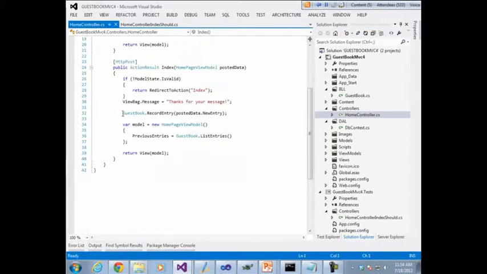Instead, I'm going to create a service or a business logic class that does this work. And so the main work that we're doing here is recording an entry. And then we're going to go and list those entries to display. So I've got two calls basically. I've got a record entry and a list entries. And since neither one of these requires any state apart from the thing that was passed into it,